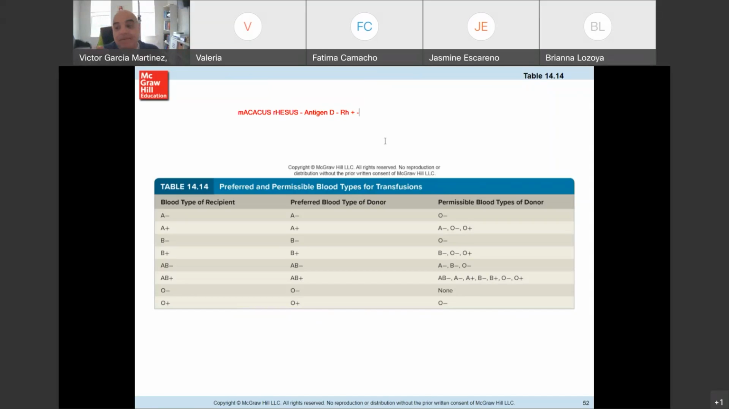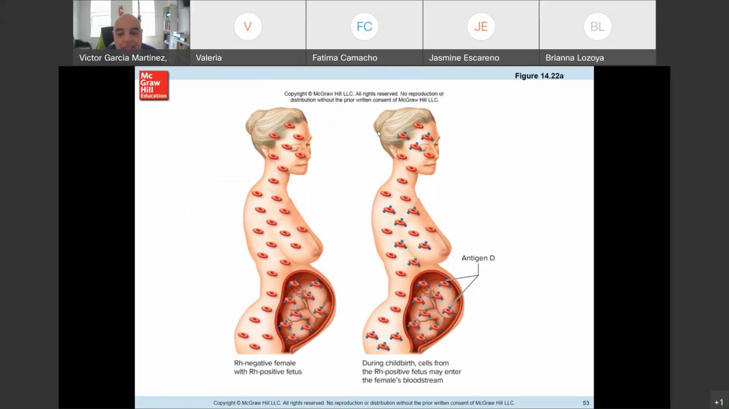Then we can have A group and RH positive, A group and RH negative. We can be A positive, A negative, B positive, B negative, AB positive, AB negative, O positive, and O negative. Guys, this is important. Why? You have a specific condition, and it's going to be with mothers and babies. When you have a mother who is RH negative, and you have a baby who is RH positive, that mother,